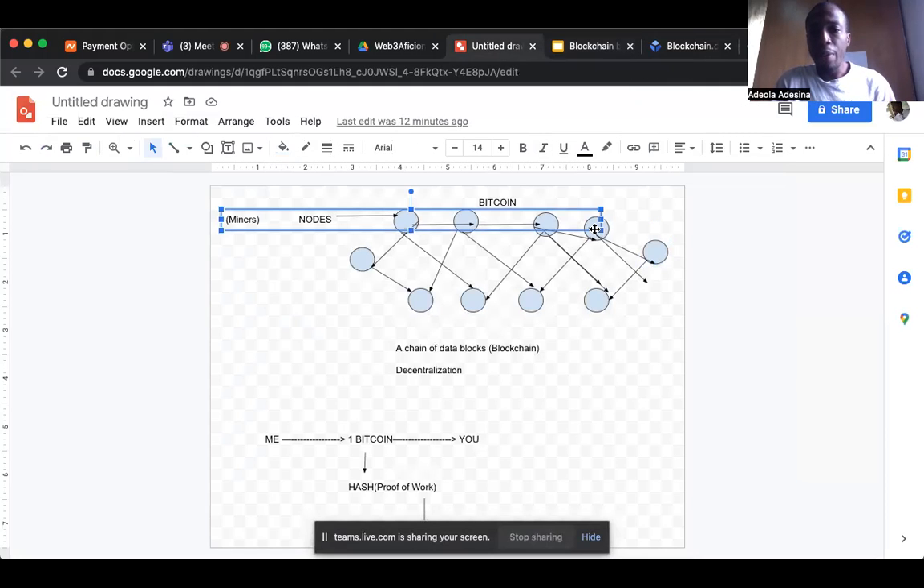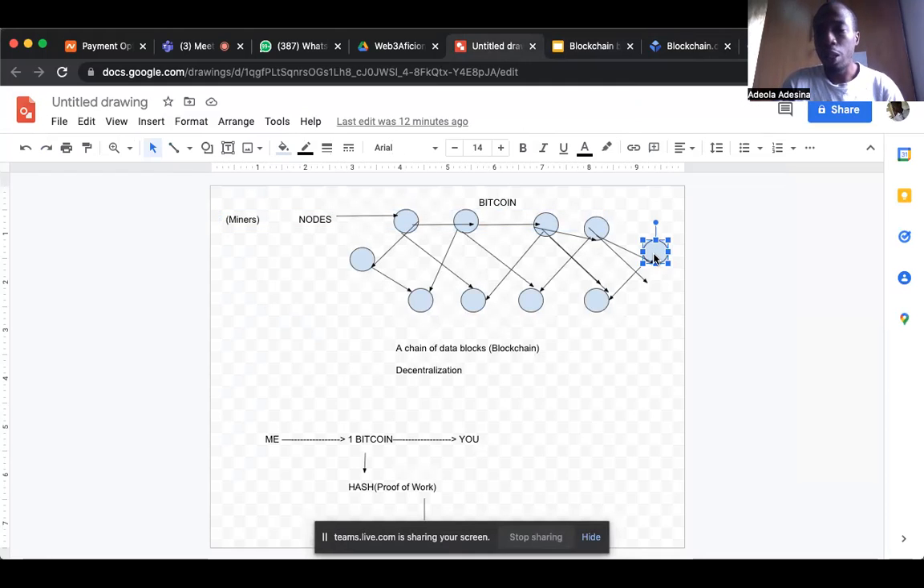So it means that if a miner at this particular node makes a mistake and makes a wrong commit, all of these other guys can cross-check what he has done, and then he can rehash to find the hash that he needs. So that's what we mean here